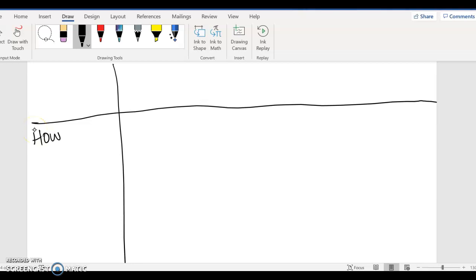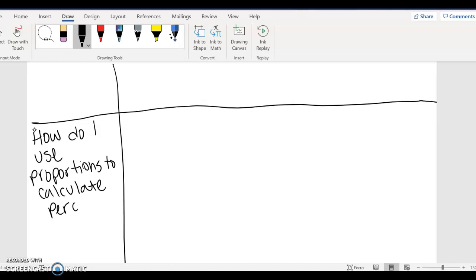So I'm going to say, how do I use proportions to calculate percent? It's super easy to do, okay? For every question that we use for this